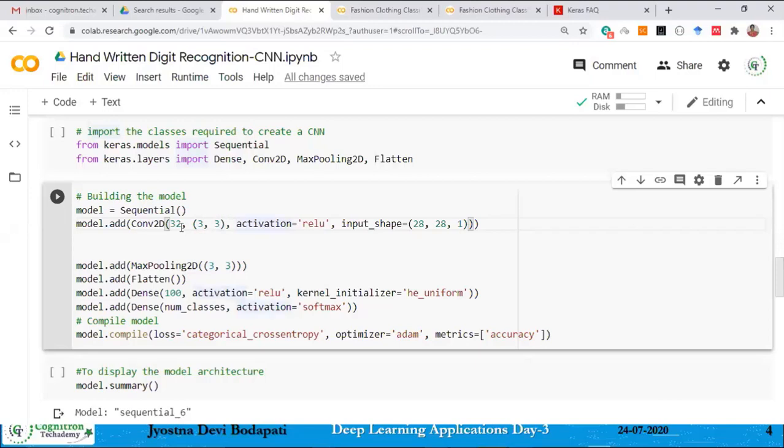When you are going to create the Conv2D object, you need to pass all these parameters, because a parameterized constructor is written inside that class. Then you have to pass one more argument, the activation function. You use activation equal to, which indicates a keyword argument. So you are passing activation equal to ReLU. That means you are going to use the ReLU activation function.